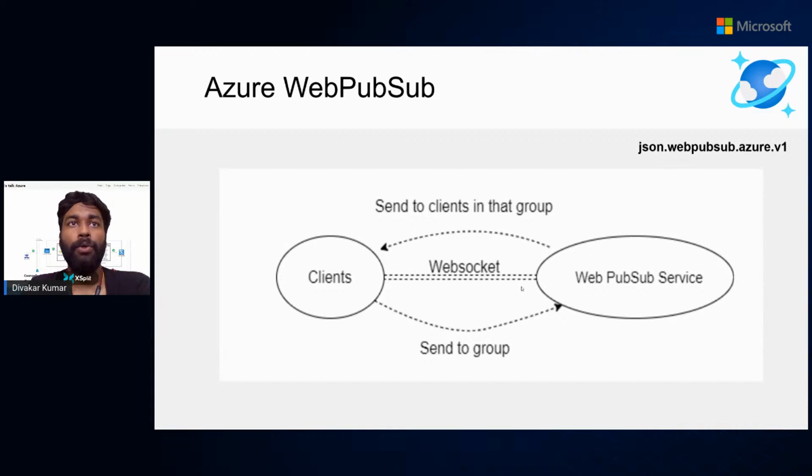That is also possible. We considered both of these scenarios in our application, which we will see in a bit. The way to do that is using the sub protocol that you can see here. It is json.webpubsub.azure.v1. This is a sub protocol that you need to mention whenever you are initializing this WebSocket within your JavaScript. If you have done this step, you will be able to interact with the Web Pub-Sub service directly from the client without having an intermediate server in the middle.